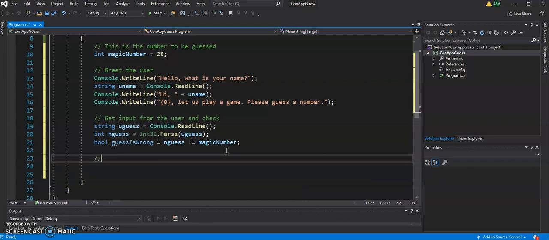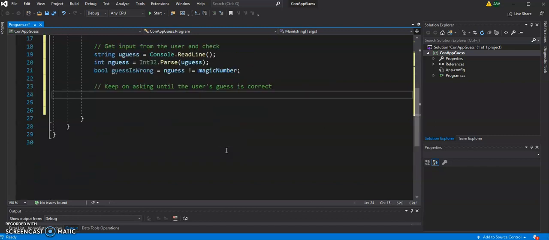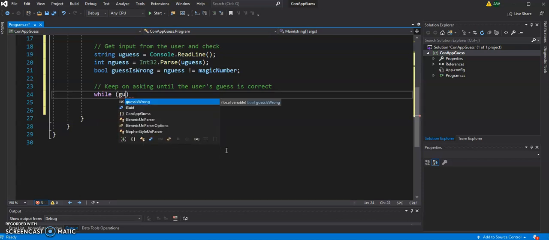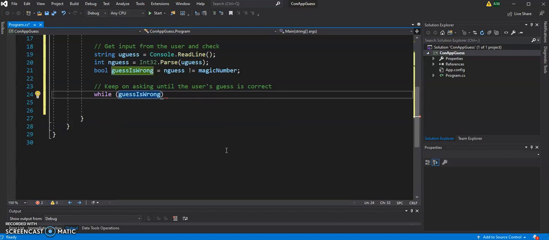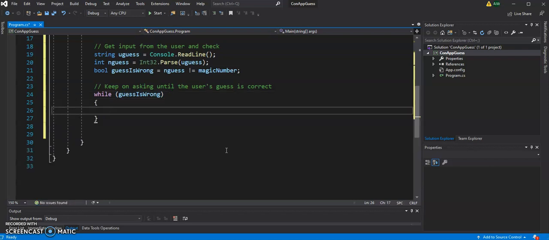And then I'm going to keep on asking until the user's guess is correct. So of course I'm going to have a while loop here, and in the while loop I'm going to use that boolean I just defined. And just like in Java, I have to use